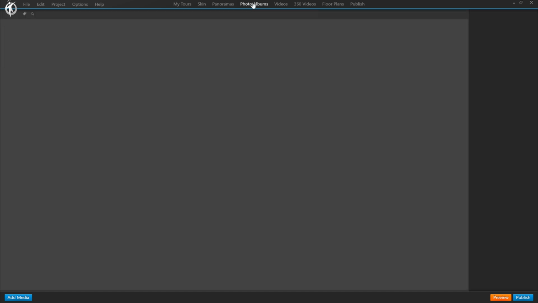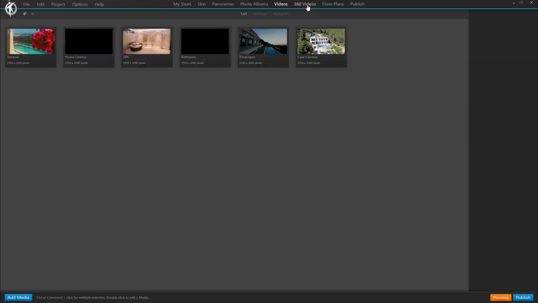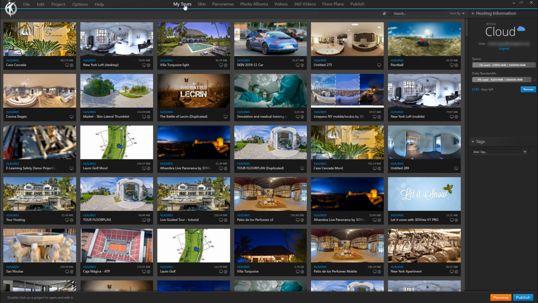Tags can of course also be applied in the same manner to photo albums, to videos, to 360 videos, and to floor plans. And they will work just the same as with the panoramas. And that's the application of tags in multimedia of your projects. Other than that, we can also apply and assign tags to entire projects within our list of tours and to skin elements. In terms of our projects and virtual tours, tags can help us to organize and manage our list